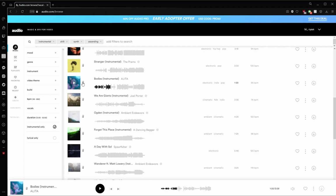Audiio is amazing for this stuff, and when I find a song that I like, I can easily click this heart next to it to add that specific song to my favorites. This is really cool. Because of Audiio's amazing team, they're not only looking for new artists to add to the program, but also can see which ones people dig,